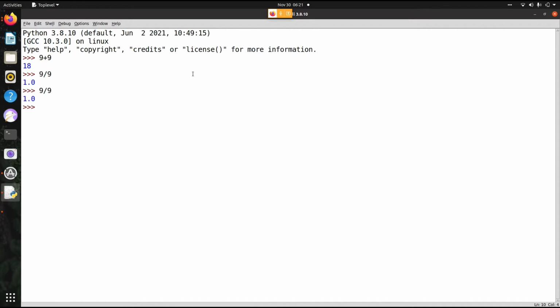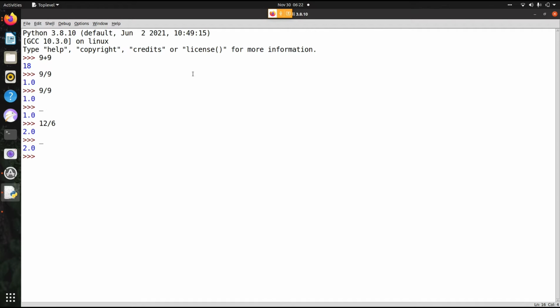Now we are going to check whether the output of 9 divided by 9 is float or not. Any operation that you do in the terminal here will be saved in one of the variables. This is a default variable, the underscore. When I hit underscore and enter, I got the previous value that has happened just before. Now I am going to do 12 divided by 6. It has given 2.0. Now I enter underscore. We can see 2.0. The previous output will be saved in the underscore variable. This is a default variable.